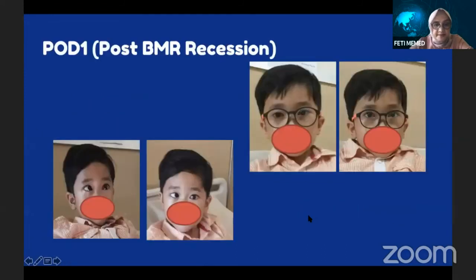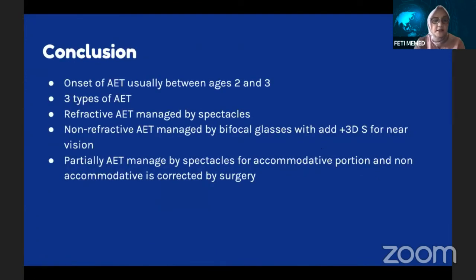And this is the patient. This is after post-operative day 1. This is without glasses, still had the esotropia, but after the glasses, this is orthotropia. So in conclusion, onset of accommodative esotropia is usually between age 2 and 3, and there are 3